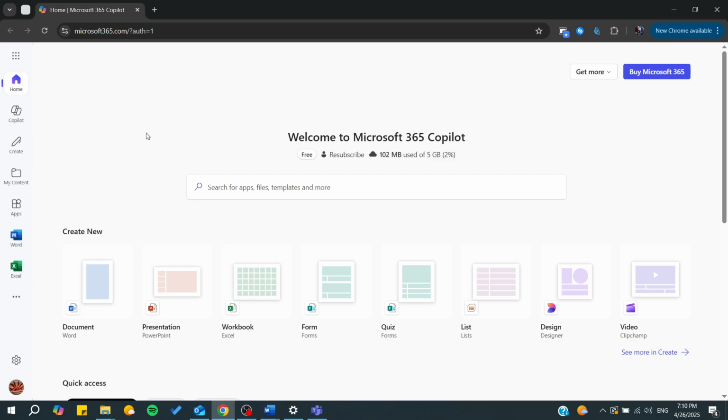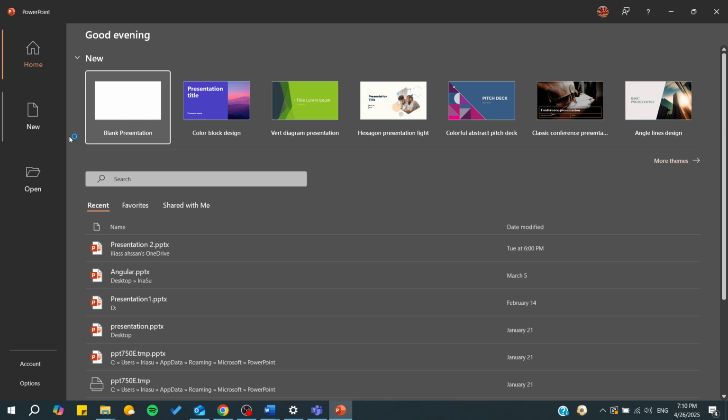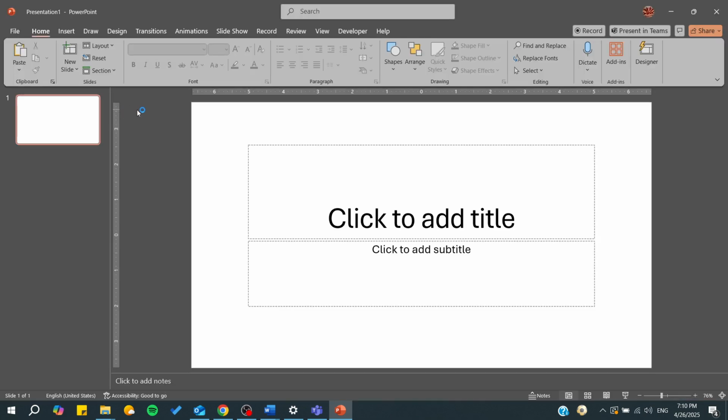So basically, all you will be needing to do is to simply go to your PowerPoint. So either you are using PowerPoint on the cloud, that means on your web browser, or you are using it locally from your computer, it will be the same thing. So basically, let's just go to the PowerPoint, and from here, we will be needing to start creating a new presentation. So let's just go for blank presentation, and now to start saving the presentation, you will be needing to